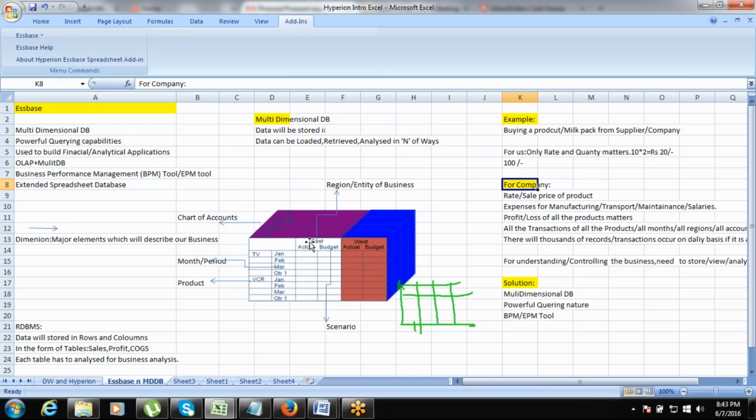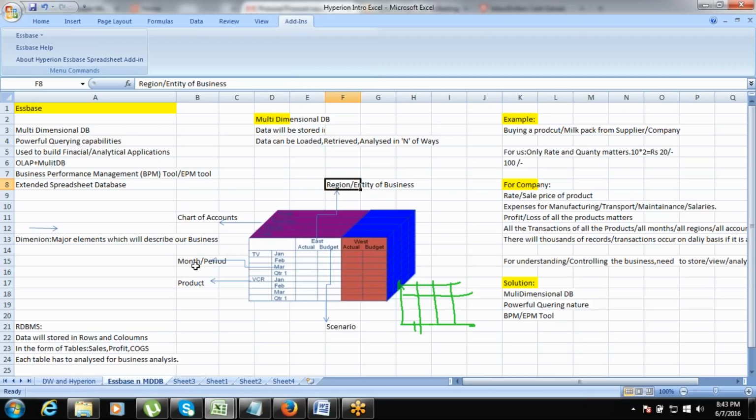And then you need a region or entity, because nowadays business is not located at a single location. Because of globalization, all business is now globalized. That means your business will be located in different regions and entities, so you also need to capture that kind of information. So for that you need to take region,